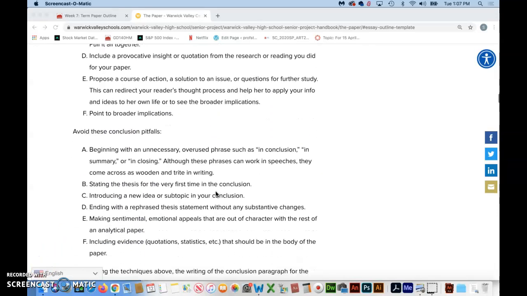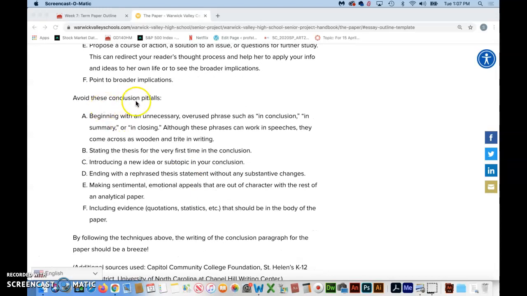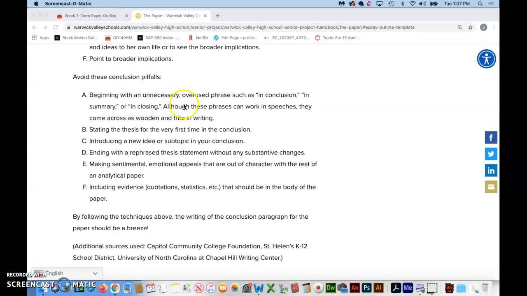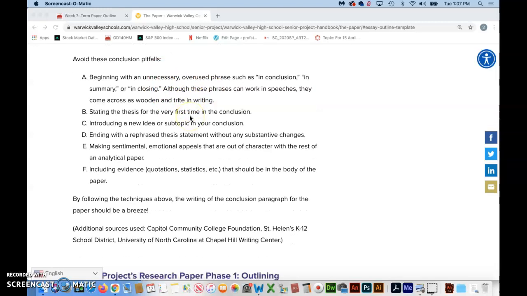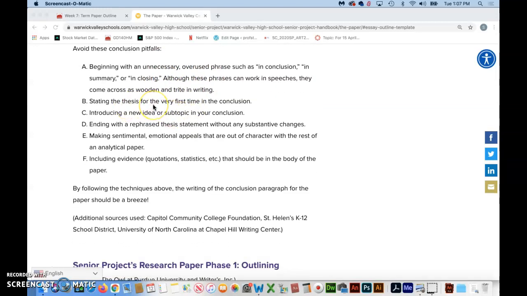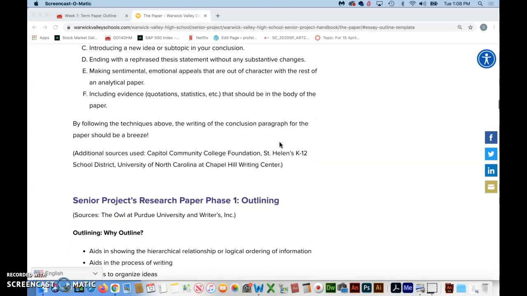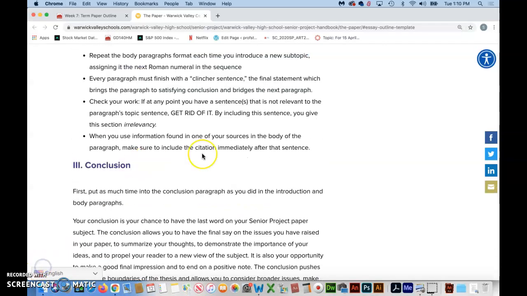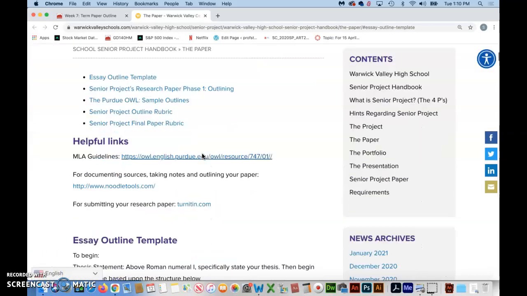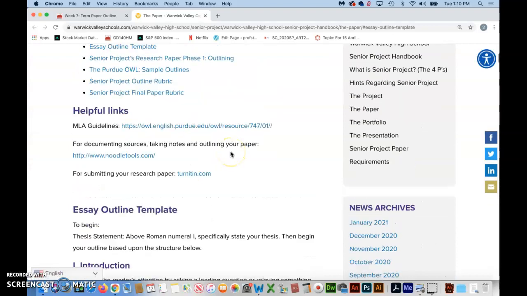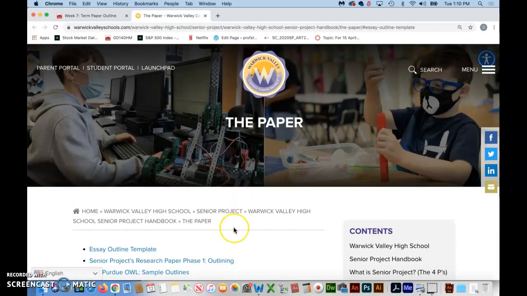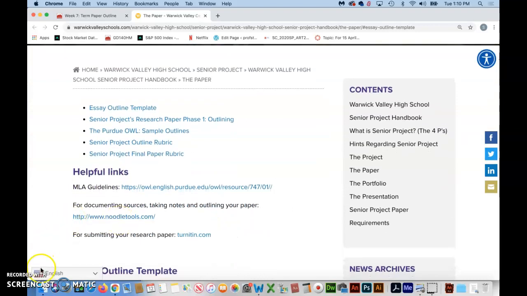And equally important, they give things to avoid. So avoid the things that are way too overused. Don't bring up new material in your conclusion. Don't put things in your conclusion that really belonged in the body of your paper. And make sure you don't turn your paper in on this website, right? There's a turn it in link here. This is a high school website, right? This is just so you can see some great suggestions on outlines.